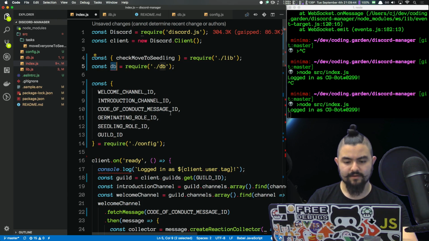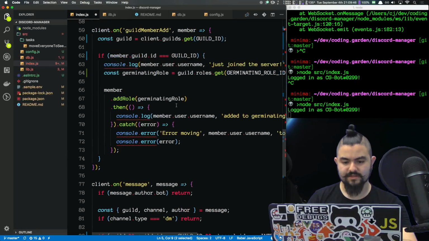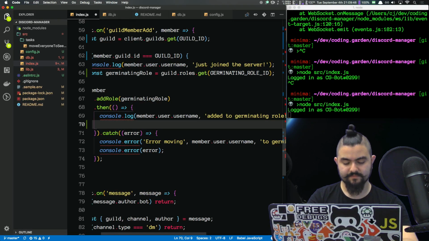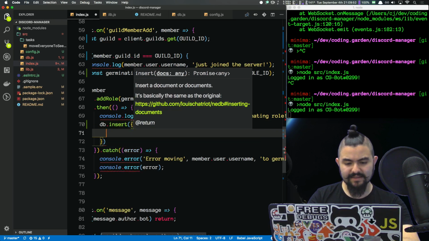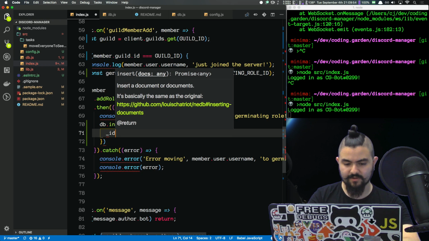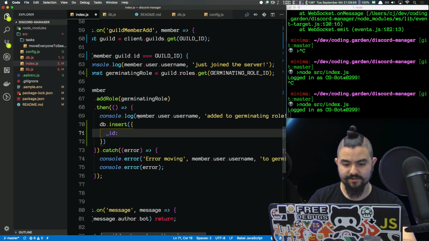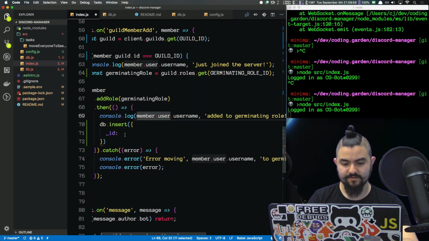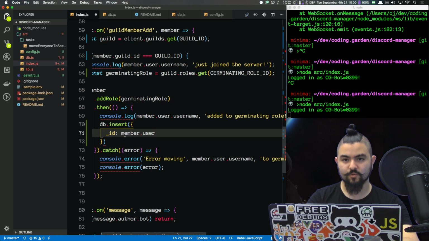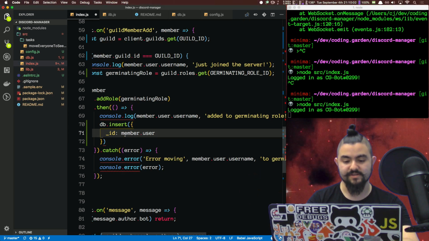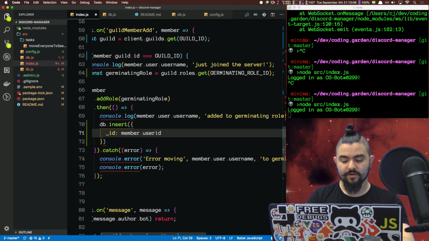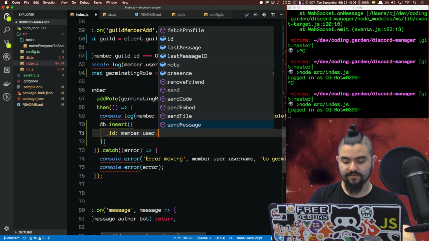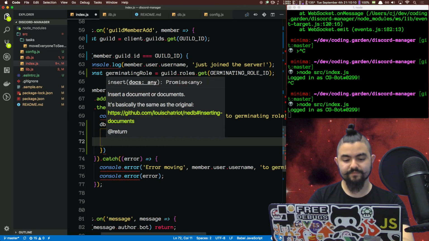And then we can do db.insert. I believe we can set the ID. So I actually want the ID to be the actual member.user.id, so that way we can query by ID when we get emoji reactions and messages, and separately, when we get messages. So we're going to insert them with their ID being that given ID, and then we'll say